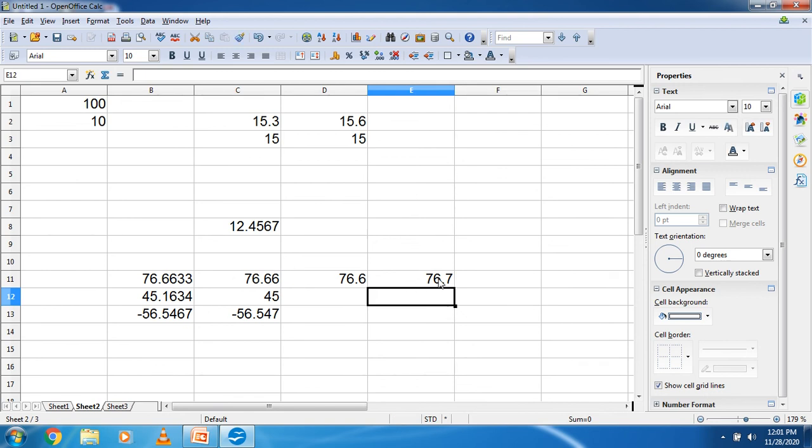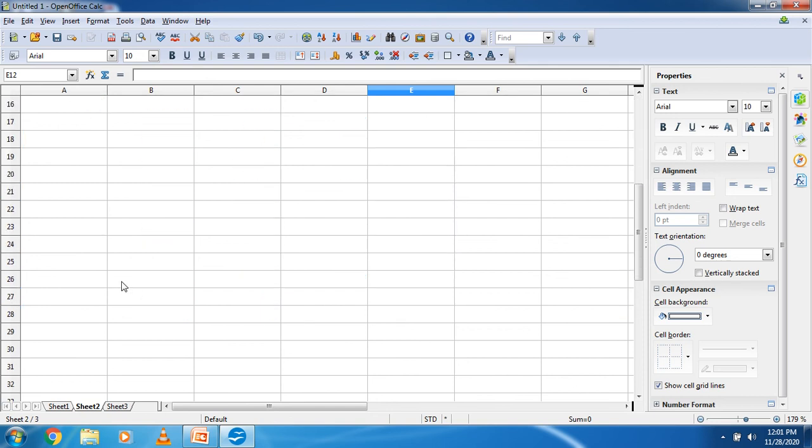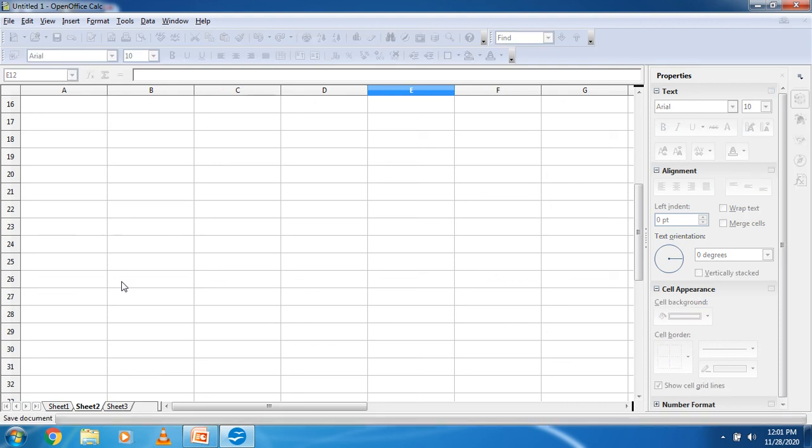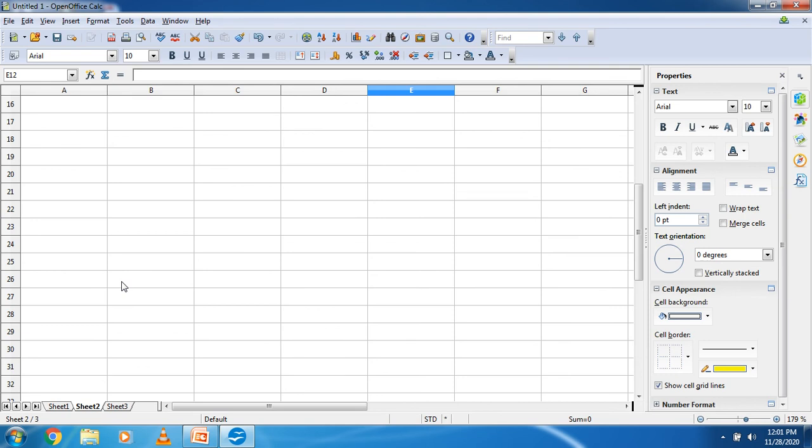Understood, students? Now your next function is truncate. The truncate function takes two arguments. The first argument is a number and the second argument is the number of digits to be cut down from the fractional part of the number. The truncate function chops off the fractional part of a given number, leaving some digits after the decimal point. So let's see the example, students.